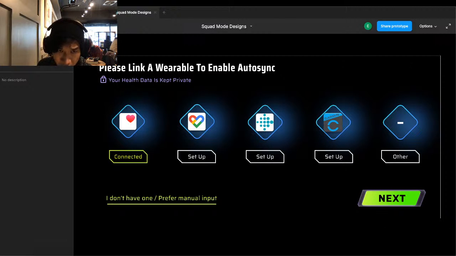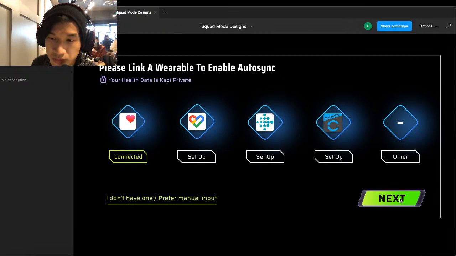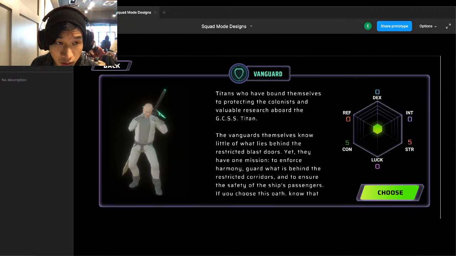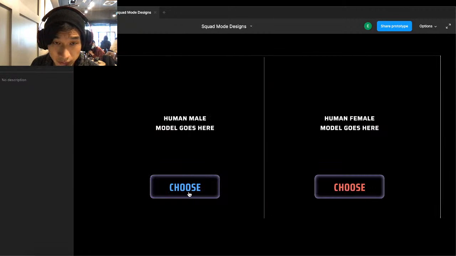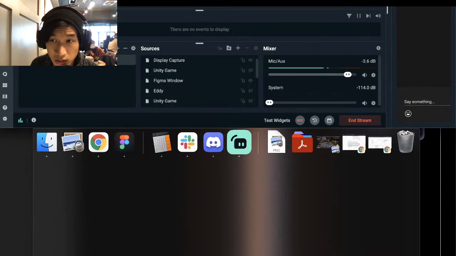So if you can research that, Darshan, and see if there's a way to remember which wearable the player has synced. And if they don't have one and they prefer manual input, I think we just skip the screen. So that's the registration. And excuse me, we'll jump into the home screen after this. Okay, so we can discuss